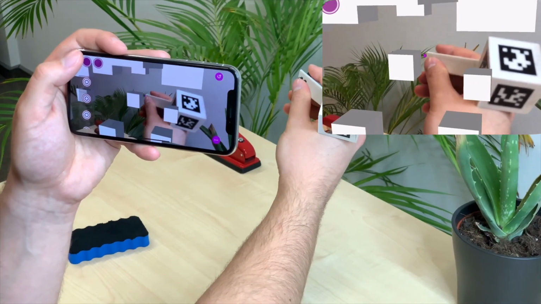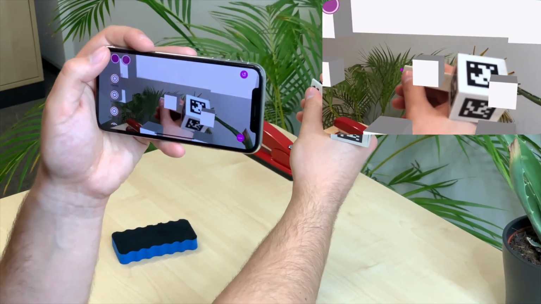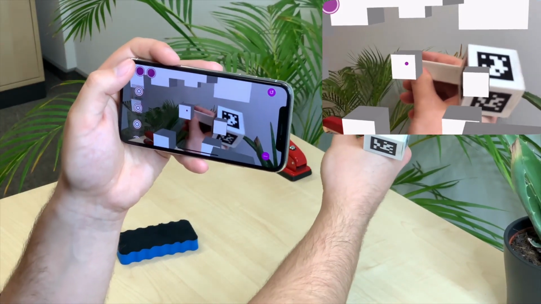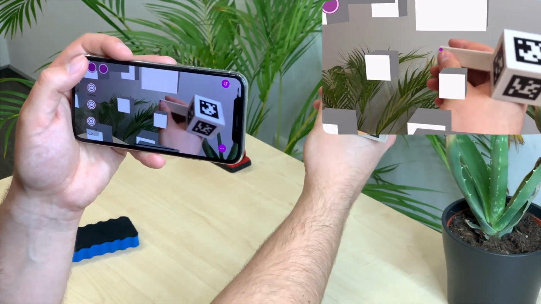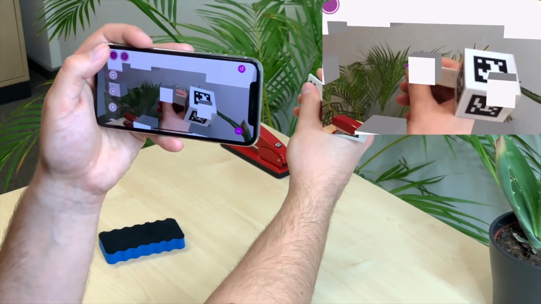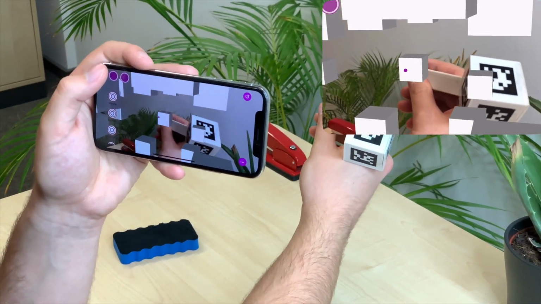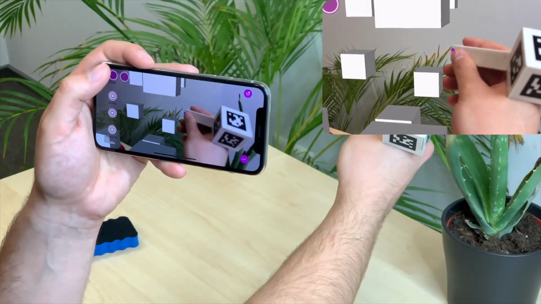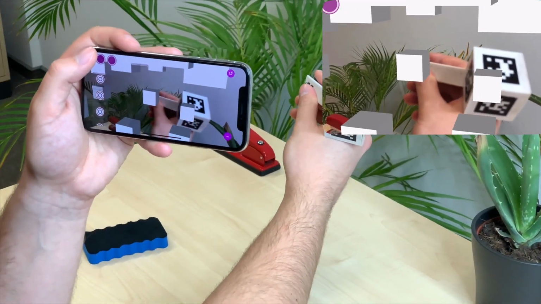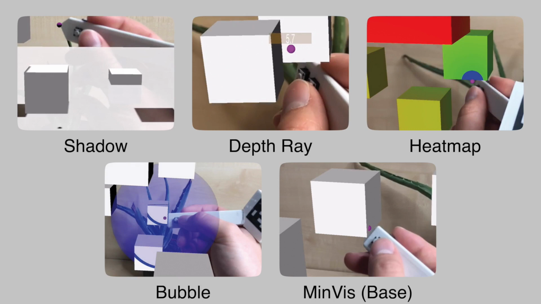Occlusion is a standard technique to provide depth cues. It helps judge the relative depth of objects in the scene. Our baseline technique to help locate the pen tip in the AR scene, therefore, renders it as a small sphere that disappears inside or behind virtual objects. We have designed 4 visualization techniques to improve on that baseline and to better support locating the mid-air pen in relation to virtual objects in the scene.